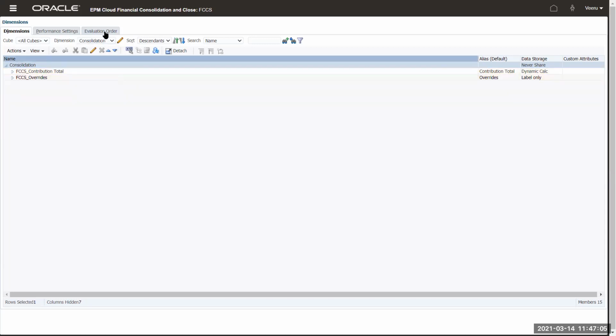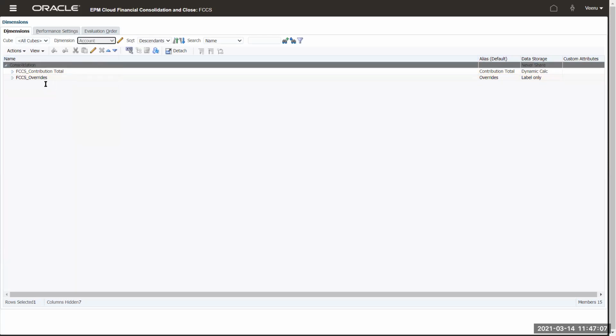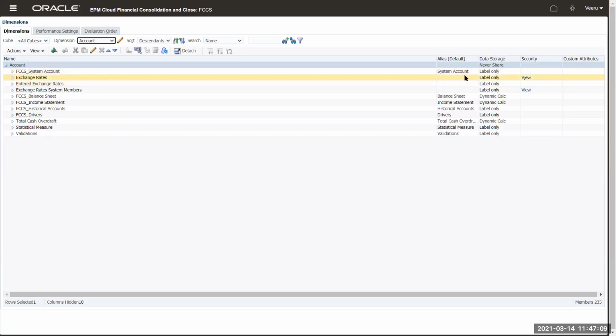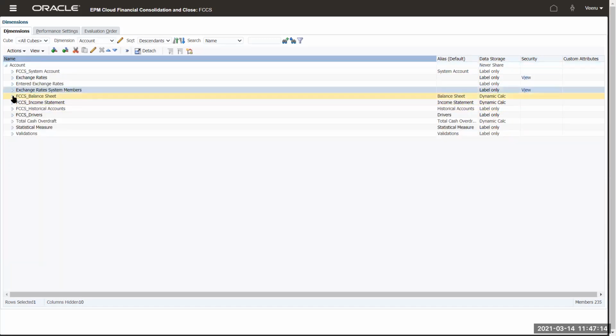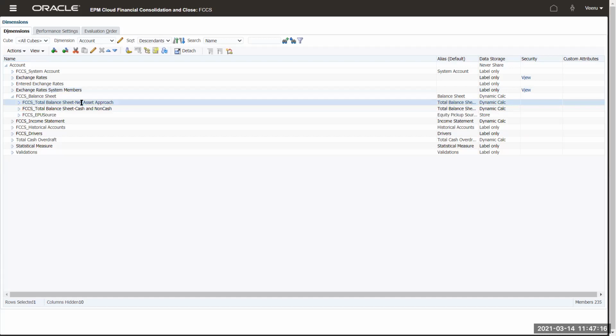In addition to that, let me go back to the account dimension one more time. Once you enable the security at that level, you can set up security at an individual member level. For example, let's say this balance sheet approach. I can assign access to that.